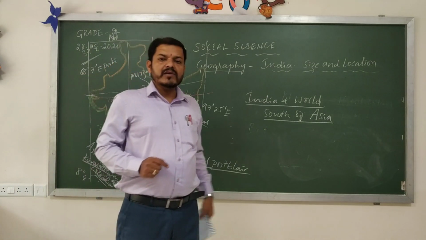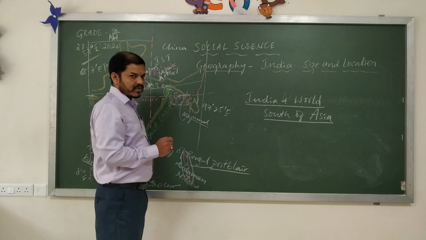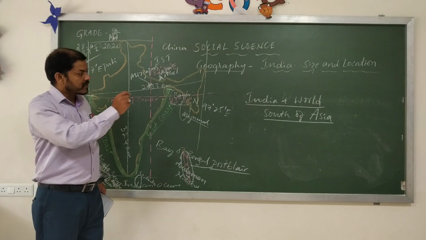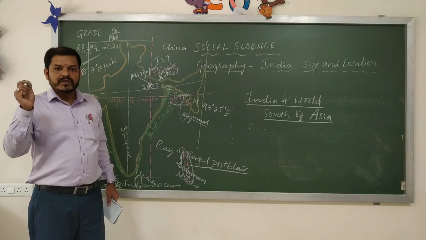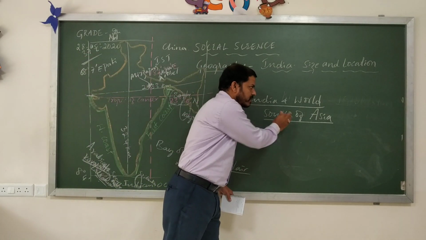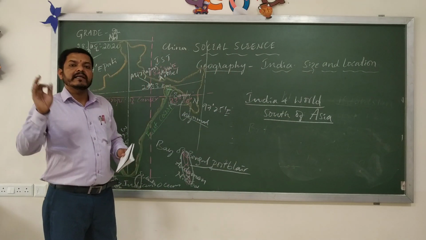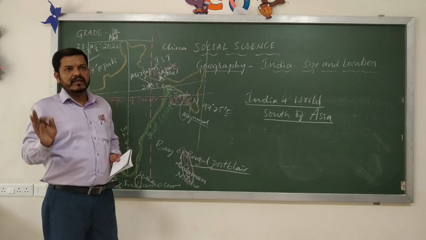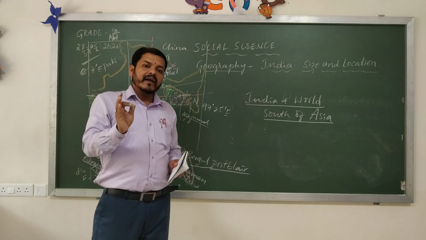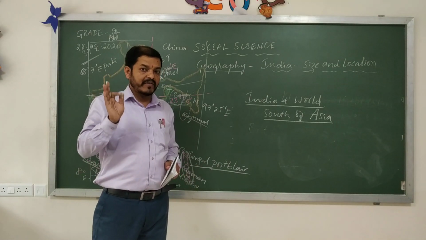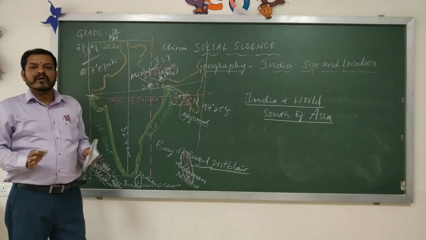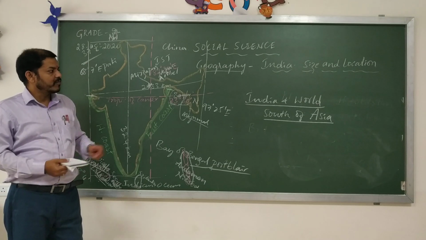India has a central location between the east and west of Asia, in the south of Asia, and nowadays it is one of the strongest countries next to China. Population wise also we stand in second place next to China. China is the most populated country in the world, and next to that India stands second. In area, India stands seventh. Seventh largest country and second largest in population, these are the important basic information about the country.